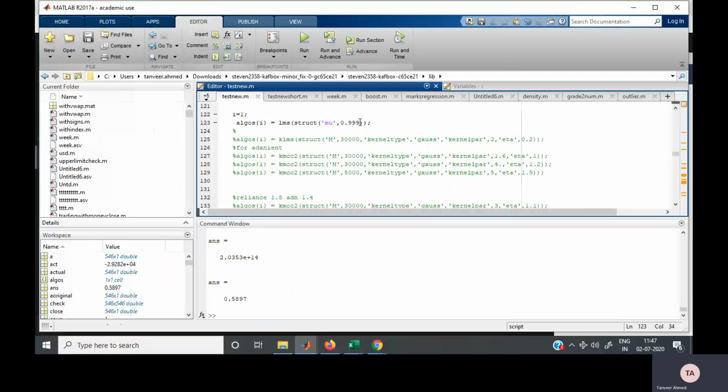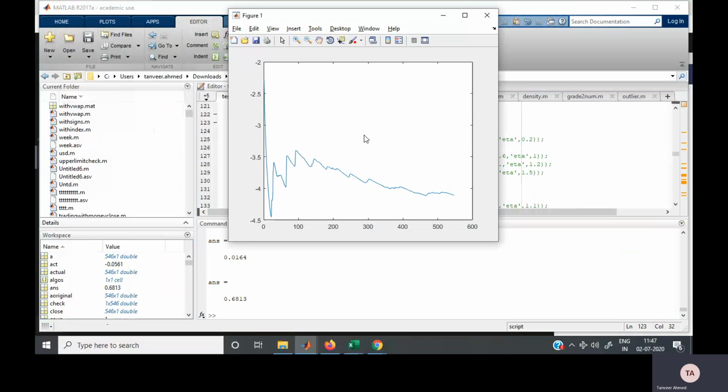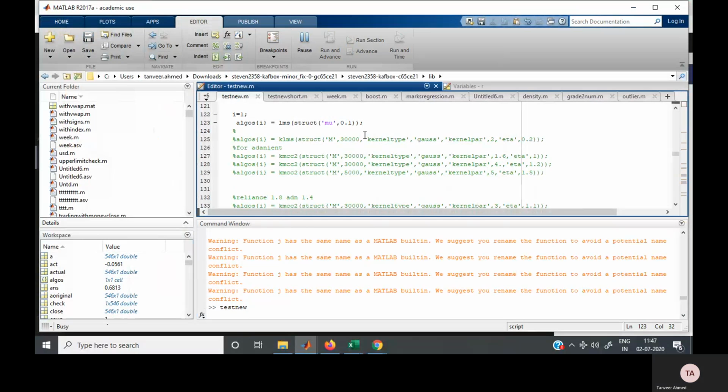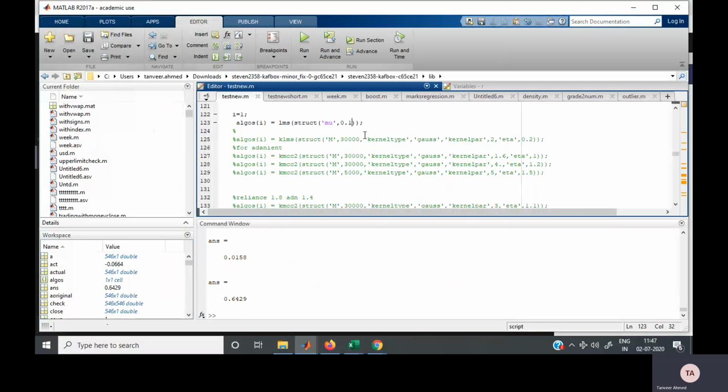So let me try to manually tune it. Let's try different combinations. Let's see the graph. All right, it's fine. So the problem was in the hyperparameter value. Let me fine tune it again. 1.5. Oh my God, we are getting there. We are witnessing less error. That's funny. So I think 0.09 is the ideal value for LMS.